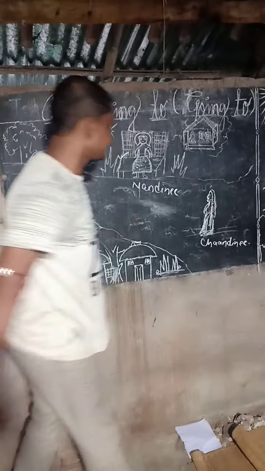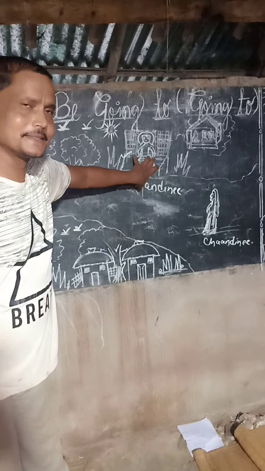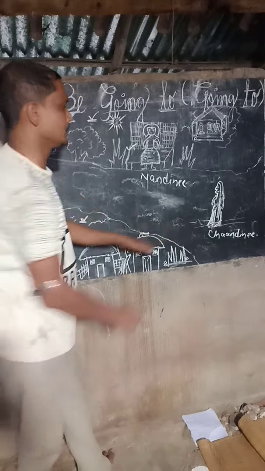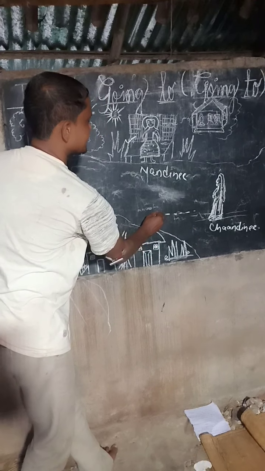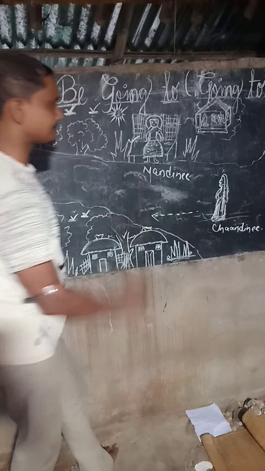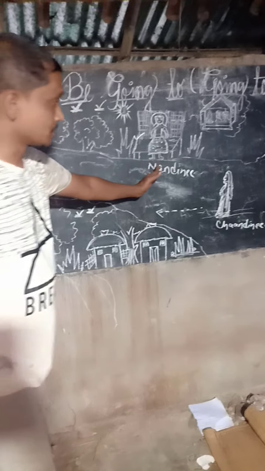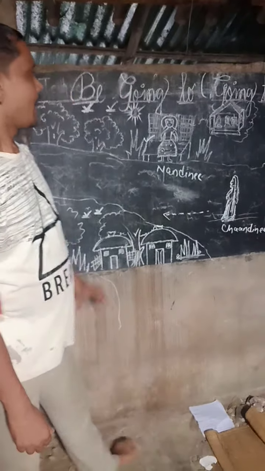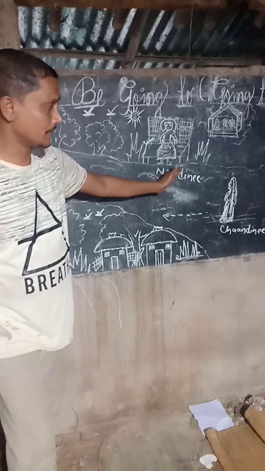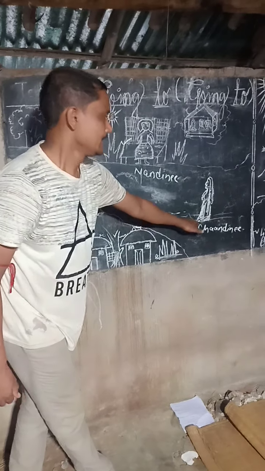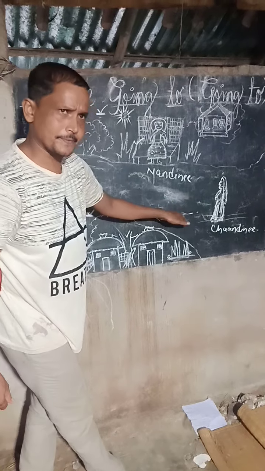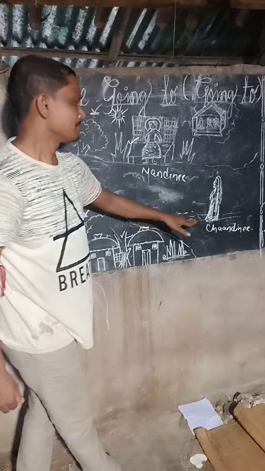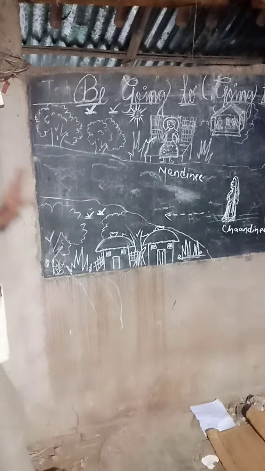Chandini. Here Nandini is sitting, and here Chandini is walking along the road. Both Nandini and Chandini are friends. When Nandini saw that Chandini was about to move along the road,